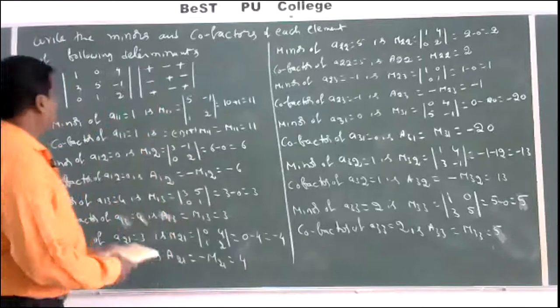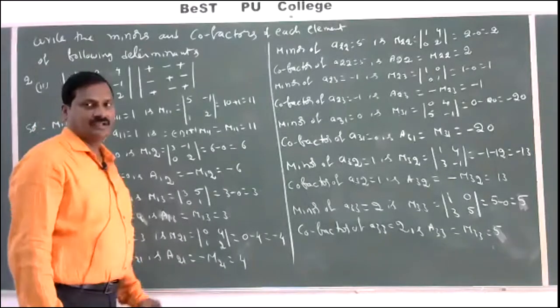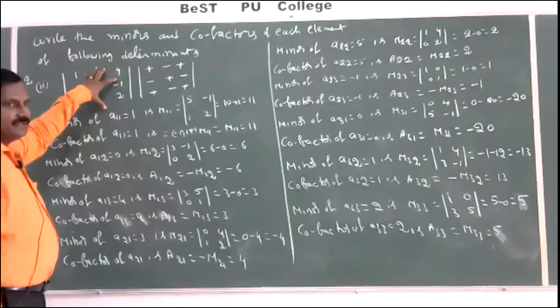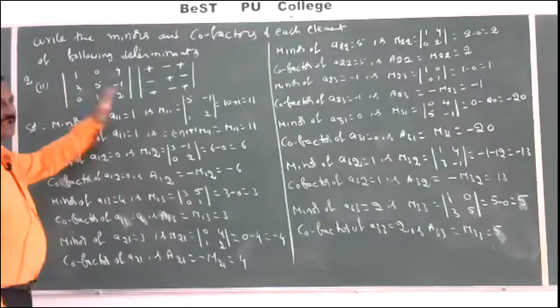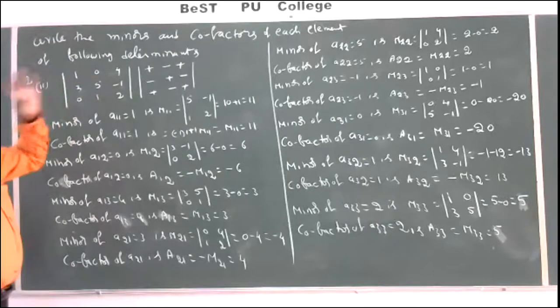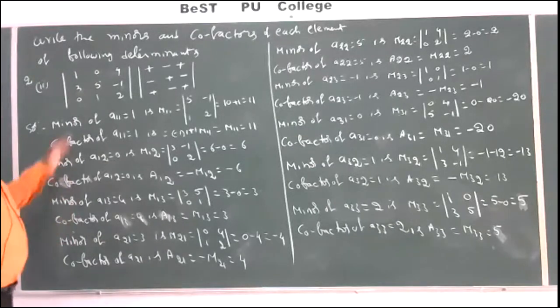In this way, if any determinant is given, we can write the minors and cofactors. They will ask the question in 4.6. They will give the 3 equations and we have to solve by using matrix method. In that case, we have to write down all the cofactors of 9 elements. For that exercise, it is the practice how to write the cofactors, because you have to solve the 3 simultaneous equations in 4.6 by using matrix method. In that method, we need all the cofactors.